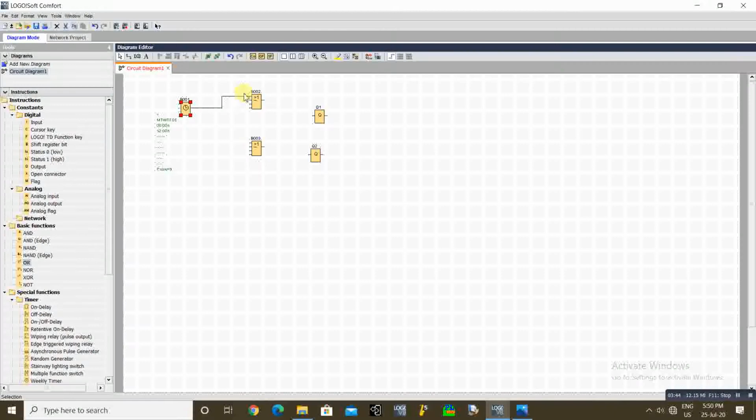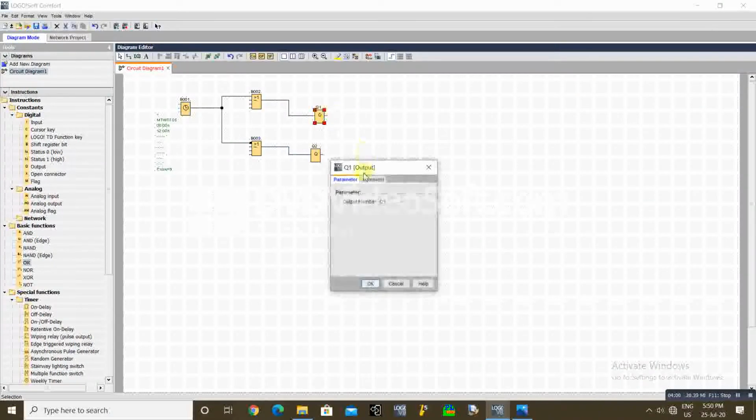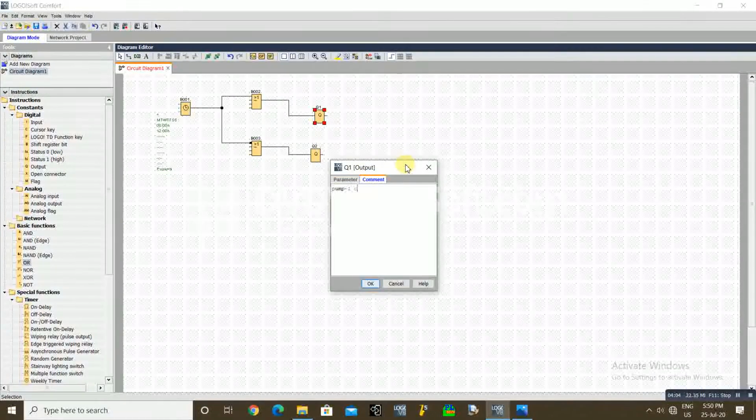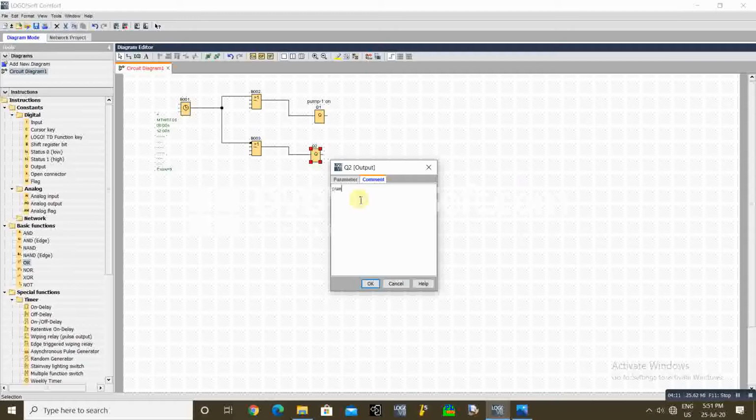In this case we have to use NC and NO concepts. This block will use NO and this will be NC. Pump 1 on, pump 2 on.